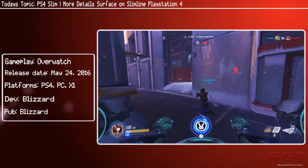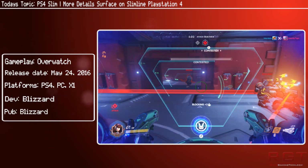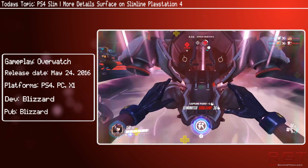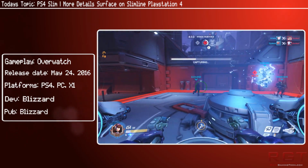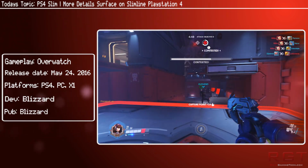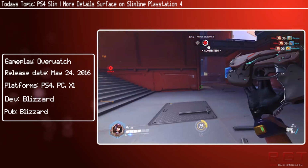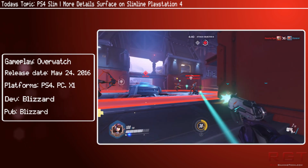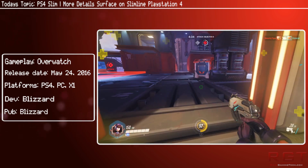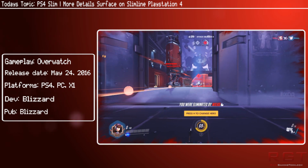So the value proposition for this particular Slimline console pretty much hinges on a couple of things for me, and that being the price tag. And of course, again, any hardware improvements, but it doesn't seem to be the case, so the price tag is going to be key here. But again, if this is just a new model PS4 rather than something they're selling alongside the PS4, it kind of makes sense, I guess, but people are going to be comparing it to the Xbox One S, which does have improvements to the hardware. Although they're not shattering like the Scorpio is going to be, they are still improvements. So people are going to think, well, the Xbox One S has improvements to the hardware, why don't you? They're not really going to see it as, oh, it's just a new PS4